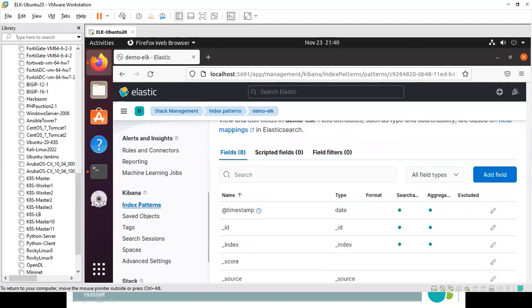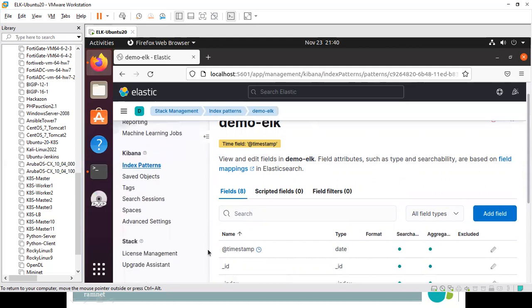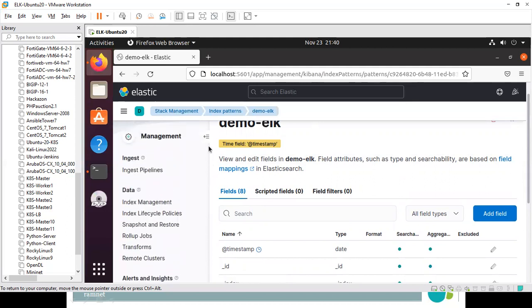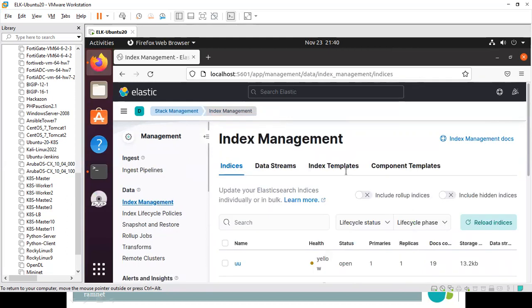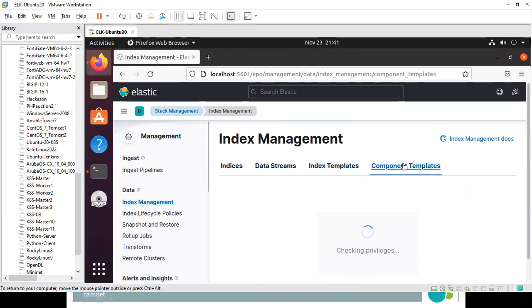We can add the fields as much as we want, then you can see how it happens. So we can see many things on this, right? Data streams, index templates, component templates like that.